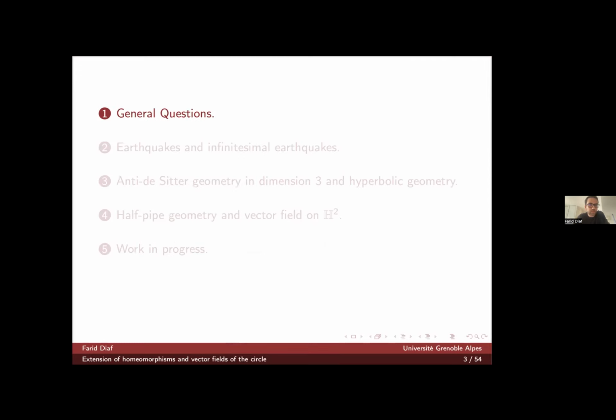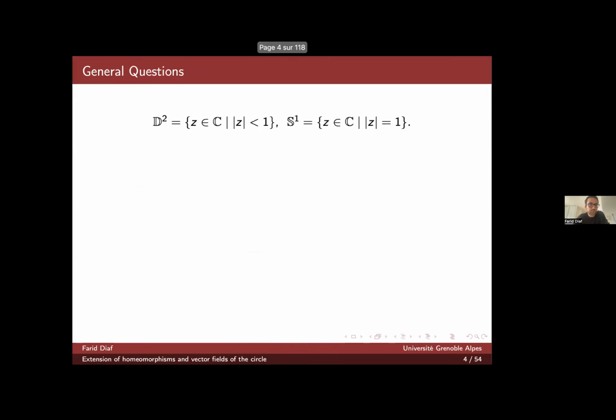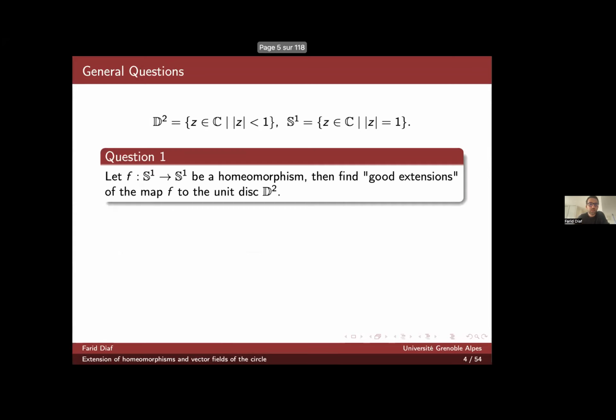Okay, so let's state a general question. I think that everyone can understand these two questions. So you take D2, the disk, and S1, the unit circle, the boundary of the disk. And then you state the following question. For a given homeomorphism F,